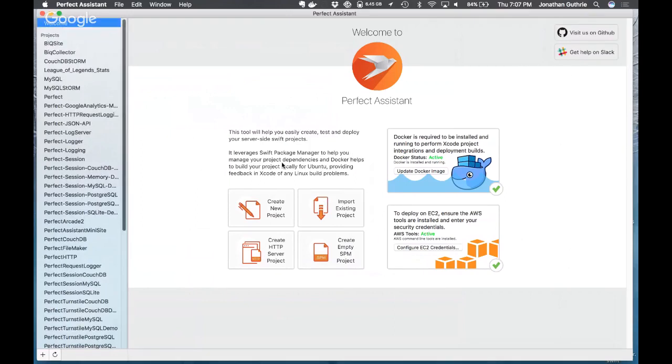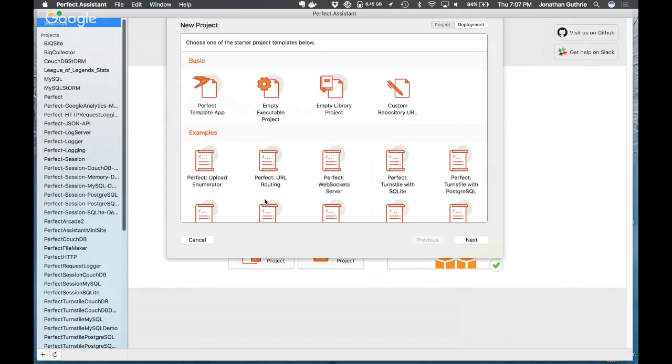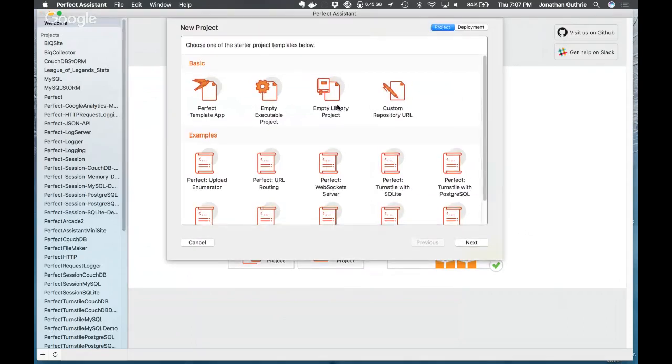Now, create new project. Tonight we're going to create a JSON API, which is a relatively simple backend that might be used for login and authentication for games and saving some preferences. Creating a new project gives you the ability to start with a simple template or an empty executable project, which might be good for, say, a server-side, client, or desktop script.